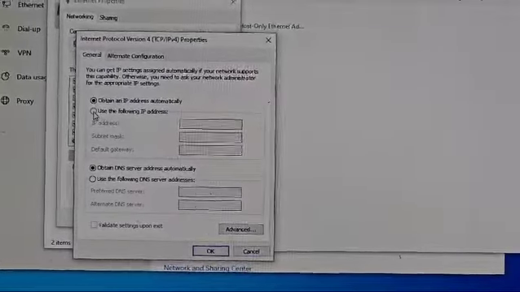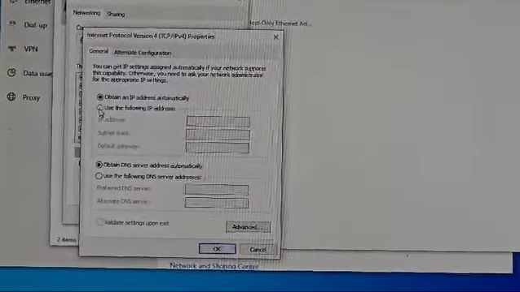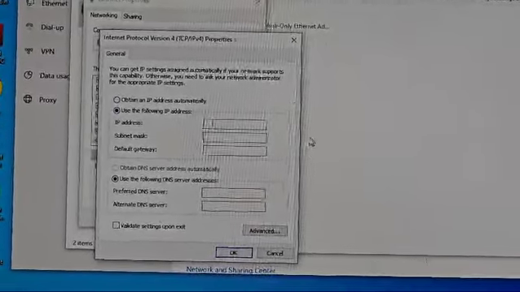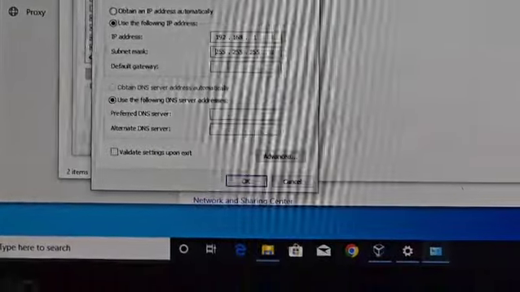Go to its properties, and then we have to give the IP address, because we are going to create our own small network. So here you have to click and give the IP address as 192.168.1.1 and subnet mask by default 255.255.255.0.